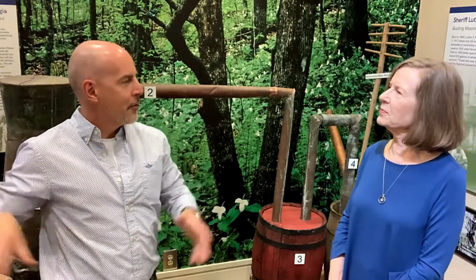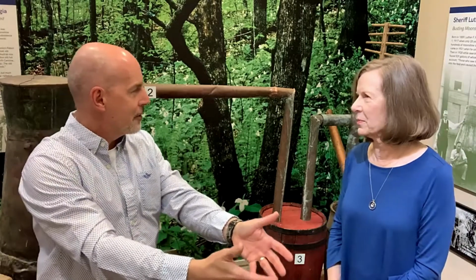And to your point, with Rabun Gap-Nacoochee, there was a part of the railroad history that they were at one point the custodians of a lot of that. So I always challenge people that say there aren't things for children to do in Rabun County, because I hear that from time to time, to conspicuously point out one of those opportunities. And being here in the museum today, I can tell you there's a lot of cool stuff, like the still display that we're standing behind, and certainly the railroad display. Can't touch it, right? It's very fragile and valuable, obviously,